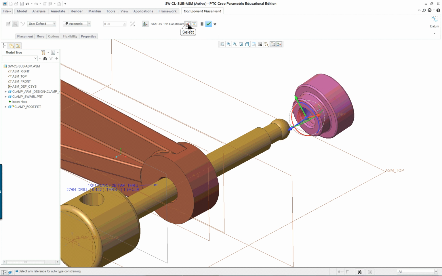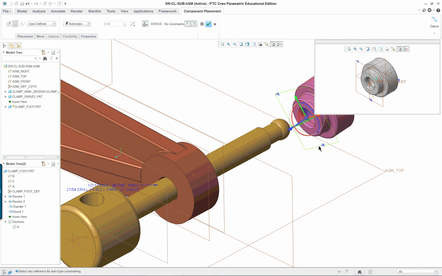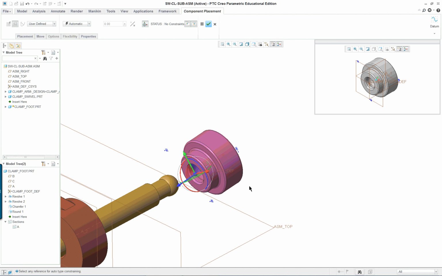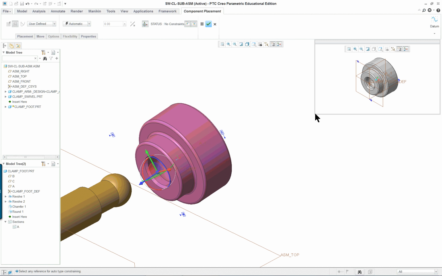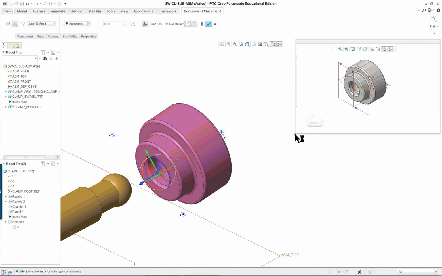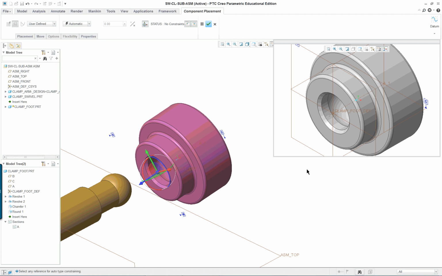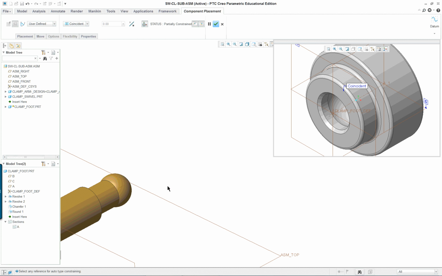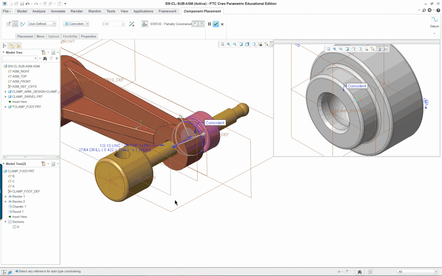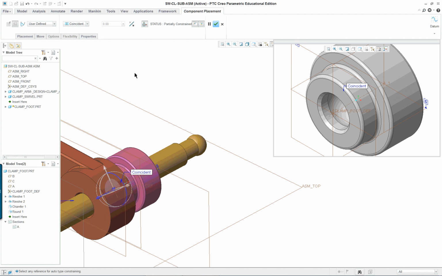And we could also open this up into a small window over here. So if we had a complicated assembly, we can work in our extra window and select there. So in this case, the first thing I'm going to select is the revolved surface inside here, spherical surface, and then select the spherical surface of the swivel. And so let's see what it says, coincident. Let's use centered